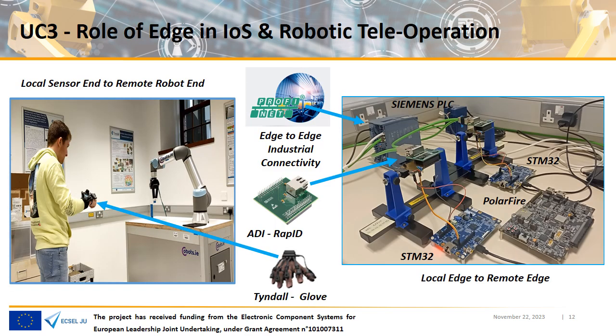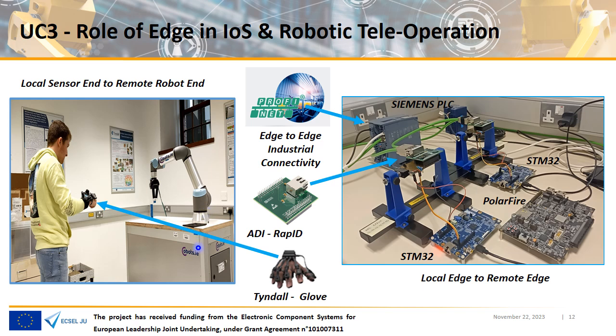Now, here are some screenshots, and you will see these again. I suppose it's like a review of the videos you're going to see in part 3. This is one of our researchers, Owen, and in the very early stages of the project, we built the whole robotic teleoperation platform using a dedicated PC device. It wasn't on the edge components, and we built it in our labs at Tyndall.